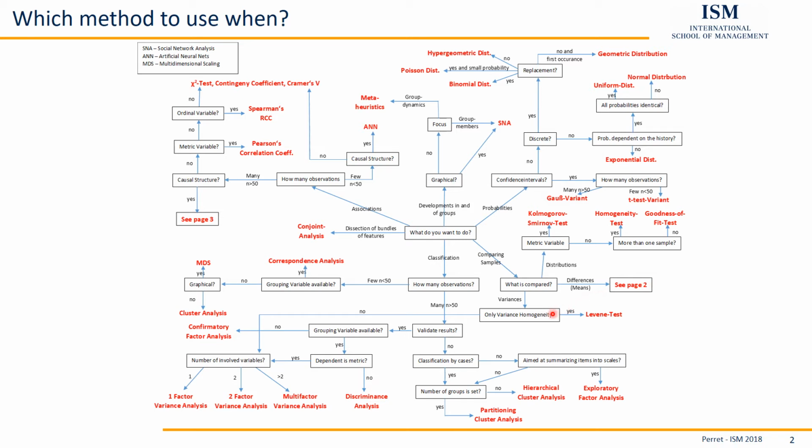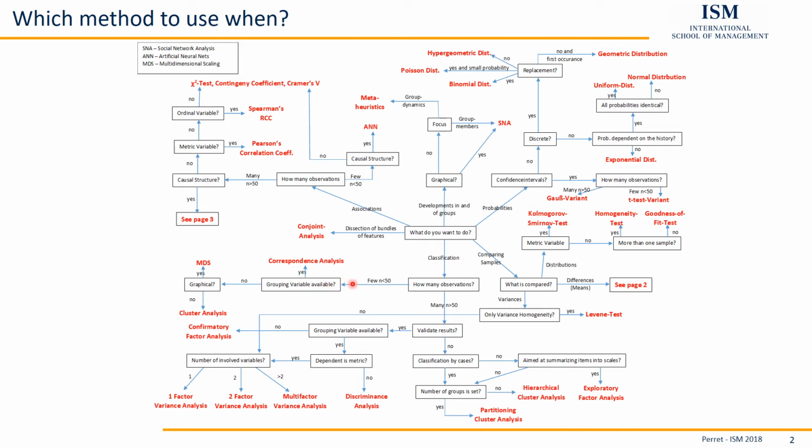And well, that's the three parts of comparing samples with regard to distributions, to differences, means, or with regard to variances. Then the only part we are left with is what if we want to classify our data. Again, the question would be, what about the number of observations? If we only have a few observations and we have a grouping variable, or in other words, we basically have two variables,